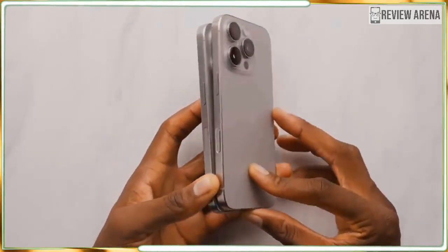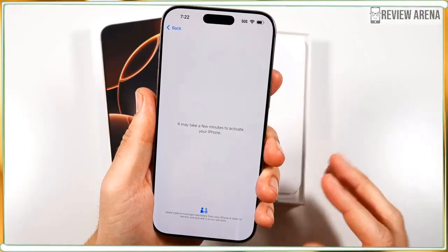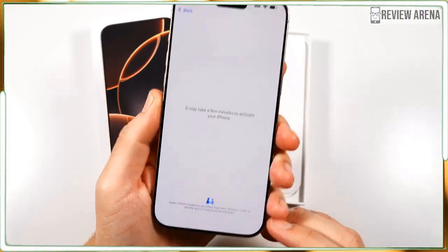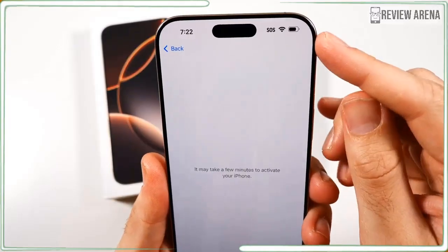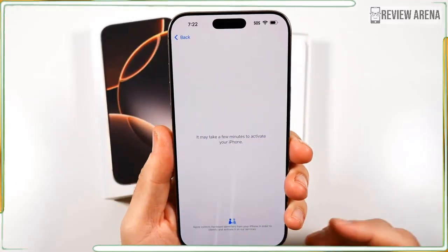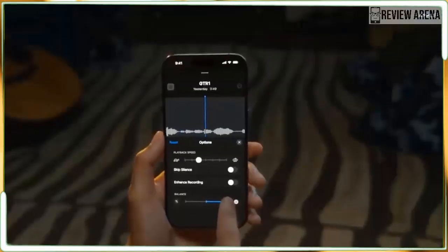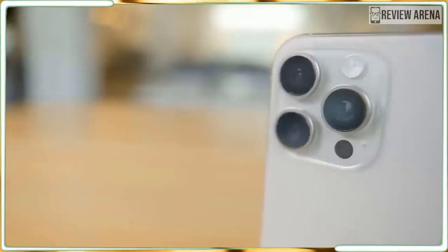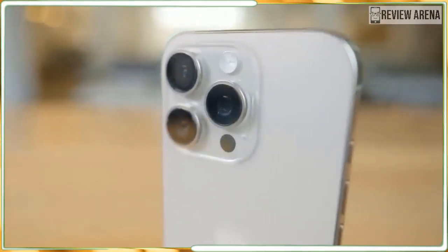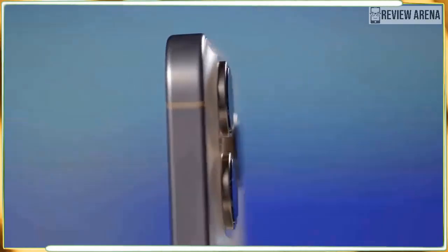First, this phone is bigger. The titanium body is slightly larger and 6 grams heavier than the iPhone 15 Pro Max. The screen is a hair's breadth away from 7 inches, but the Super Retina XDR OLED screen is larger not just because of the chassis. Apple slimmed down the bezels on the iPhone 16 Pro and Pro Max to give you a giant 6.9-inch canvas